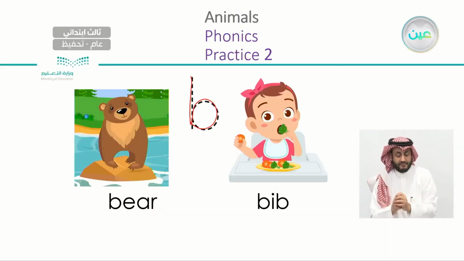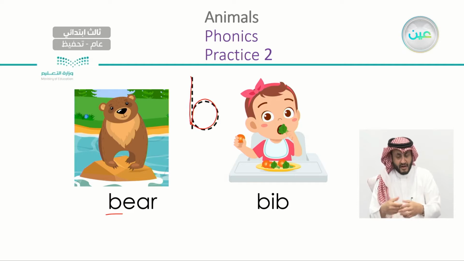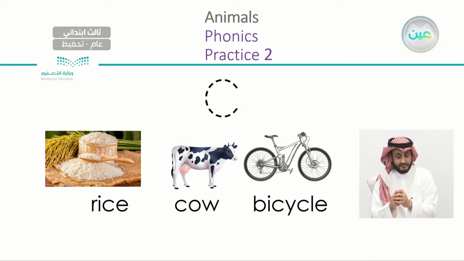Okay? So here we have a picture of a bear. The B came at the beginning over here. And over here we have a picture of bib. You see what this baby is wearing? This is called a bib. Begins with the B and ends with the B. Here we have the letter